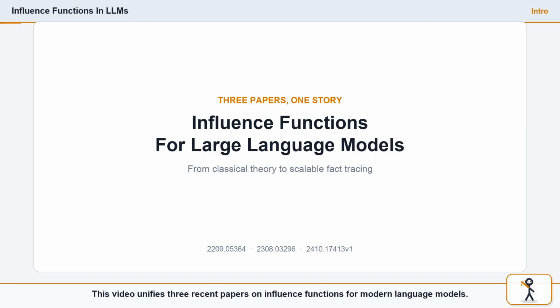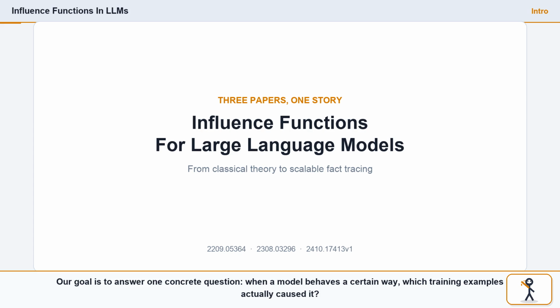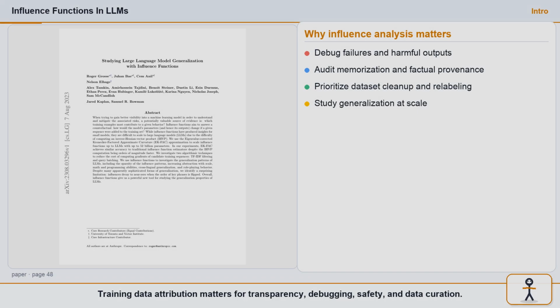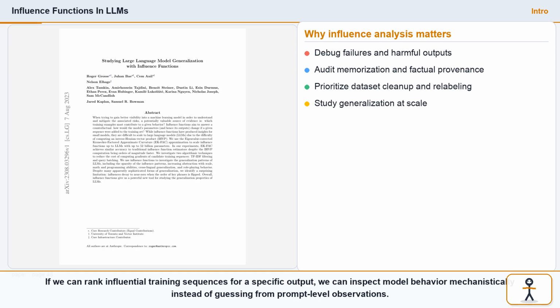This video unifies 3 recent papers on influence functions for modern language models. Our goal is to answer one concrete question: when a model behaves a certain way, which training examples actually caused it? Training data attribution matters for transparency, debugging, safety, and data curation. If we can rank influential training sequences for a specific output, we can inspect model behavior mechanistically instead of guessing